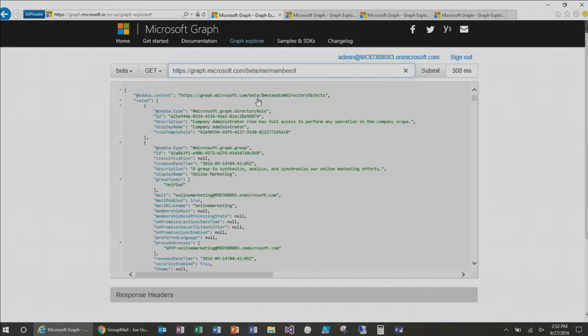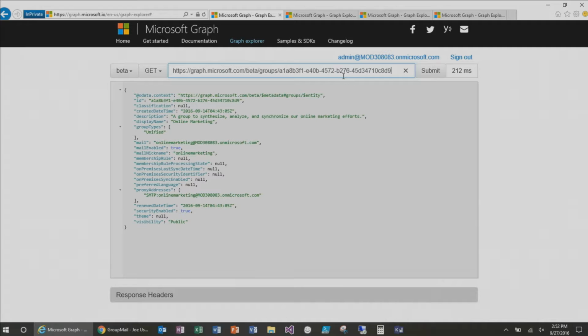And from here, let's just pick one. I'll just pick this group here. I can go groups. There's the group. So this is the attributes out of Active Directory for this group that I'm a member of. But I can also, for this group, I can go, let me get that back. I can go to,